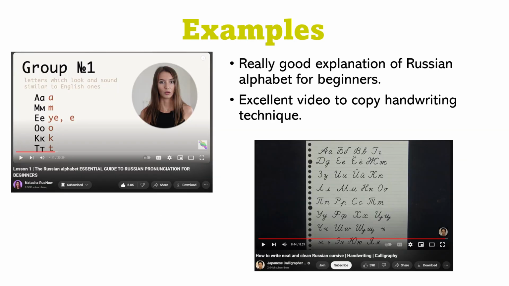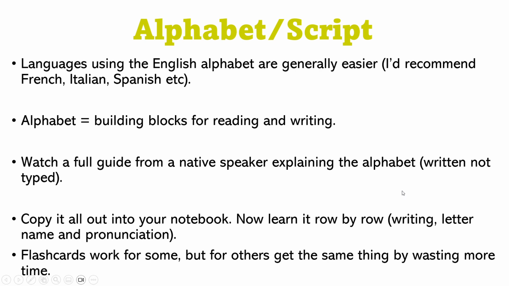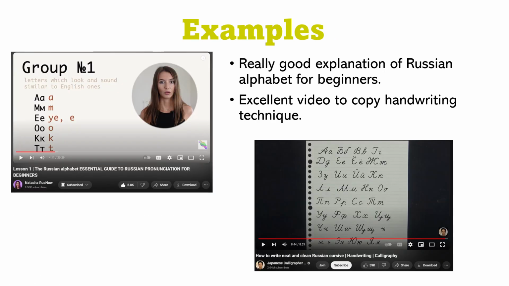So an example of videos that are good, this one on the left here is, I think I've actually watched it a while ago, but that is an explanation from an expert of how to pronounce each of the Russian letters. So it's got what they correspond to, and then it's got how to actually say them and that kind of thing. That's a really good video. And then this one down the bottom is someone writing it out, so you can copy it. I said before, try and find a video that has both. That's often difficult, so you can find multiple videos. That's actually a good thing.